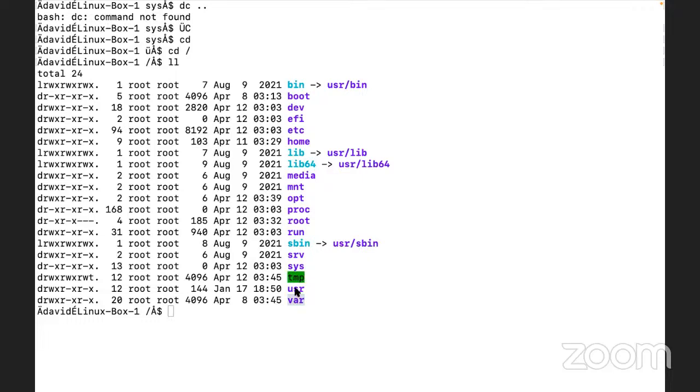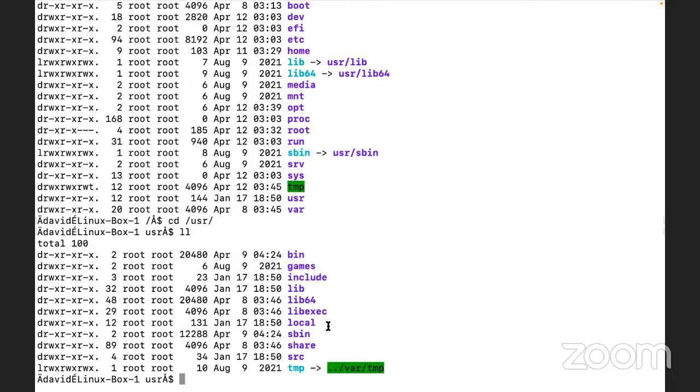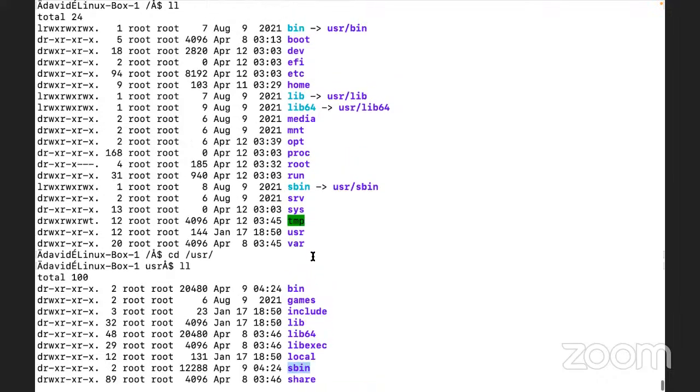Now /usr, this is really important, guys. This and /var. So if you see here bin, then after lib64, libexec, sbin, all the particular files which are available here, you will be able to see like /bin, /sbin, /usr/sbin, /lib, /usr/lib, /bin, /usr/bin.